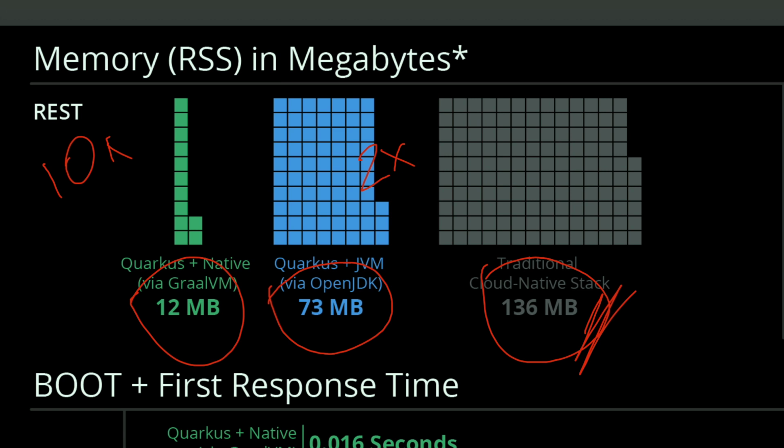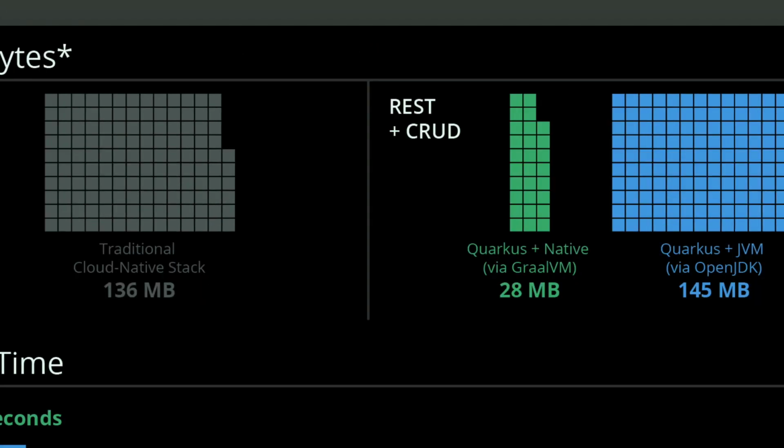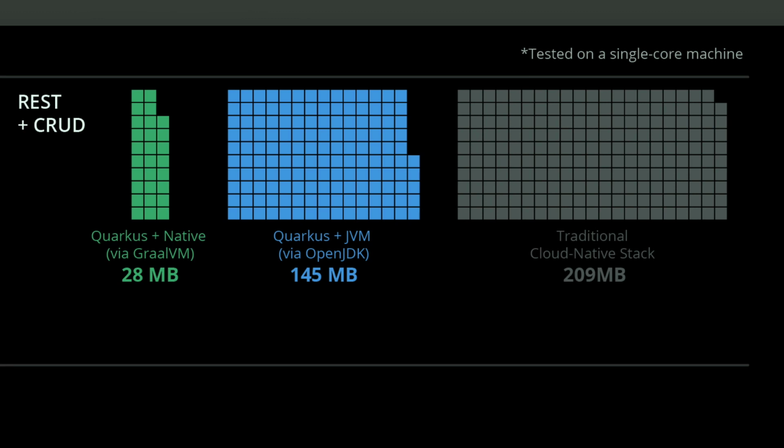But let's try to add some database to the equation. So if you add Quarkus plus JPA, for example, you can see if you decide to compile Quarkus to native using GraalVM, your Quarkus application is going to consume 28 megabytes of total RAM. If you decide to run Quarkus on OpenJDK with Hotspot VM, Quarkus is going to consume 145 megabytes of RAM.